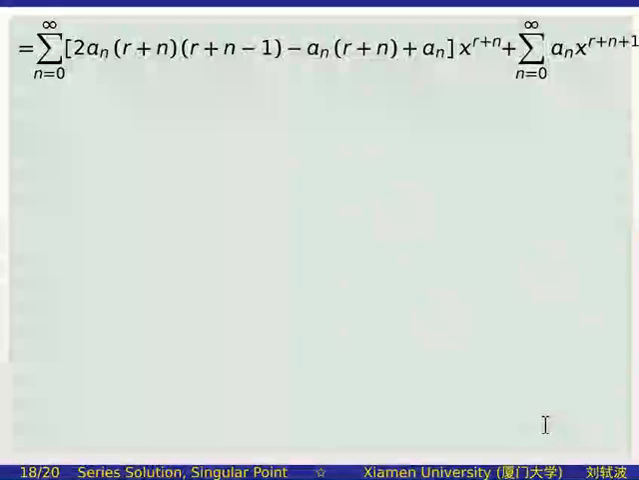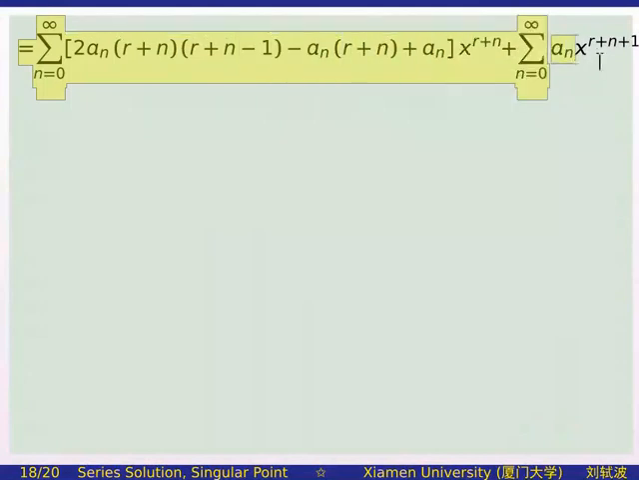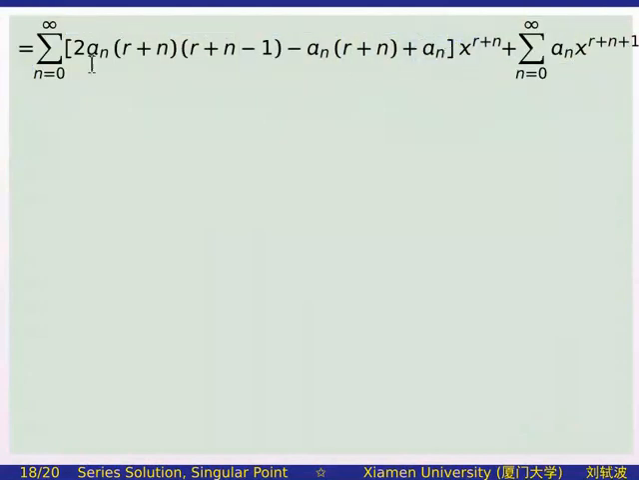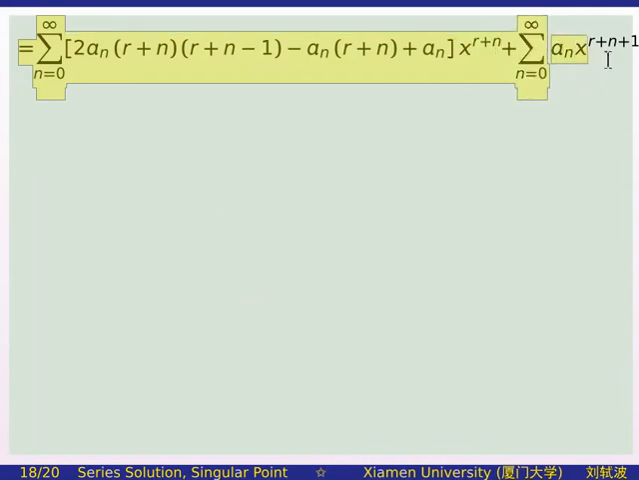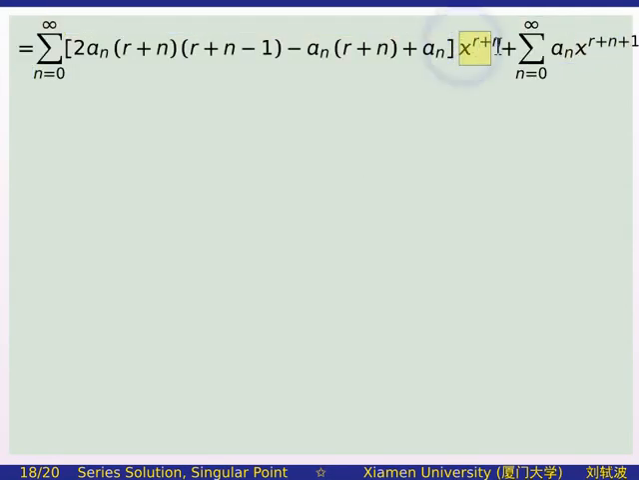Here, we end up at this step in the last page. Now we want to simplify this again, to simplify these two summations further. The term in the first summation is x^(r+n), while in the second summation it is x^(r+n+1). So we need to replace